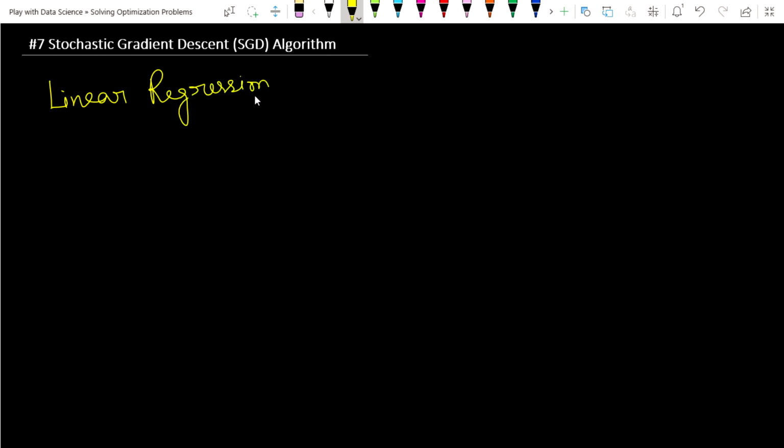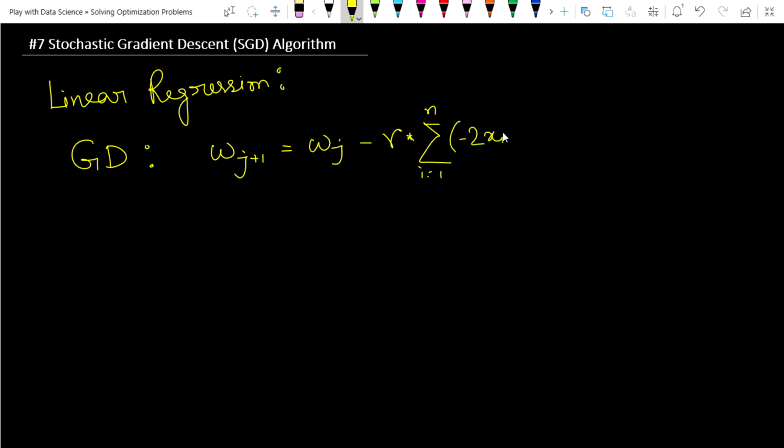First, write down what we see in linear regression. If we recall the gradient descent technique, it says that our w_{j+1} vector will be w_j vector minus the learning rate times the summation, from i equals 1 to n, of minus 2 x_i times (y_i minus w_j transpose x_i).